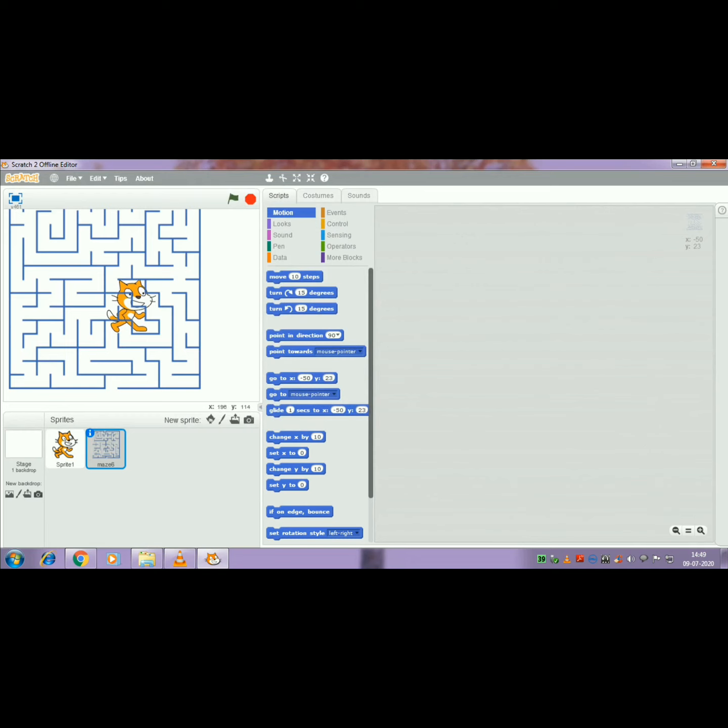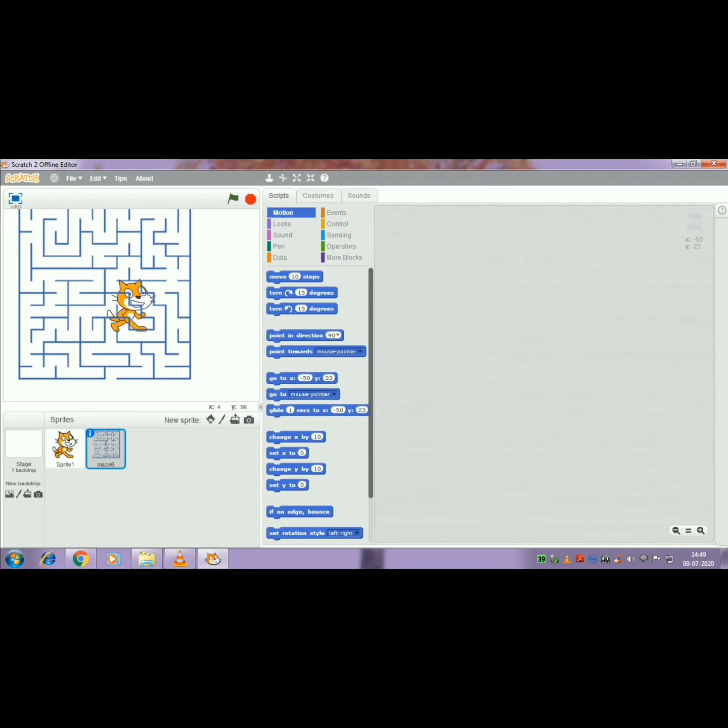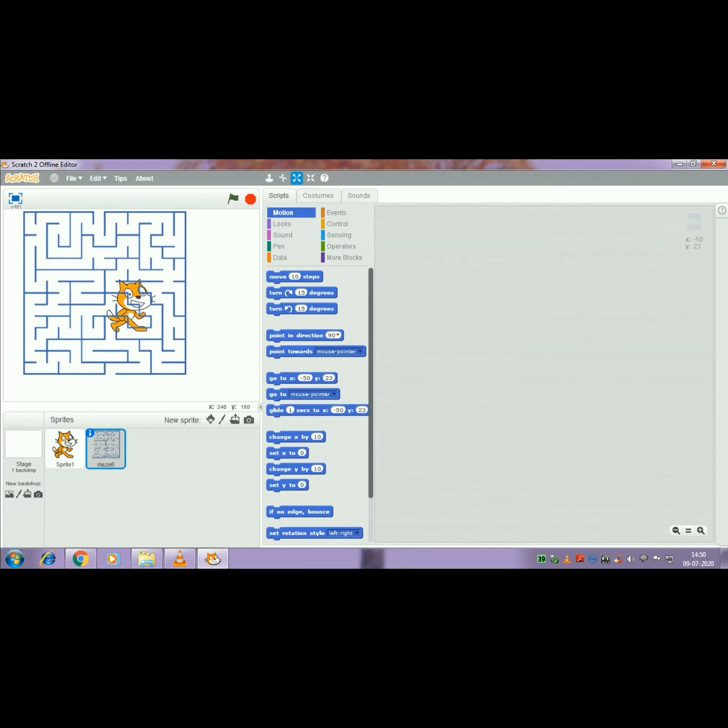Then using the shrink tool you have to reduce the maze image up to your requirement. If it is big you can decrease it. If it is small, using the grow option you can increase the size. See, the sprite is very big, no?